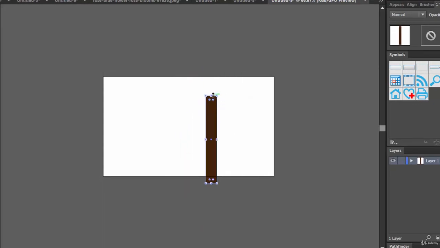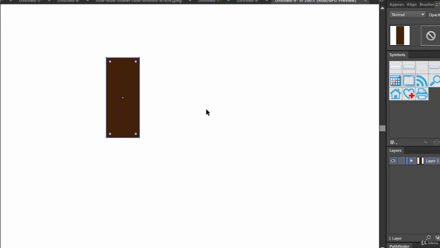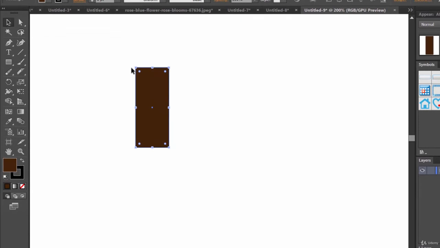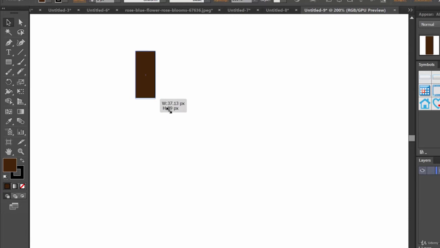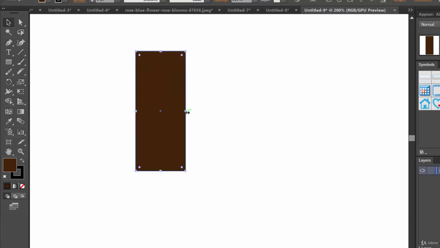So yeah, this is how you can use the scale tool, but generally for scaling we will use that bounding box only. So if you want to scale something, I recommend that you select that object using the selection tool and then you can scale it. And for scaling, make sure to hold the shift key to increase or decrease its size proportionally. Yes friend. So yeah, this is what scale tool does.